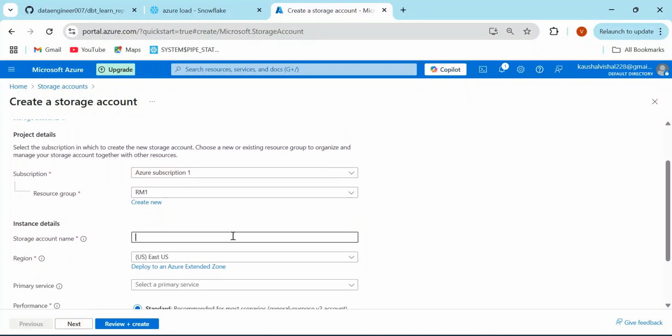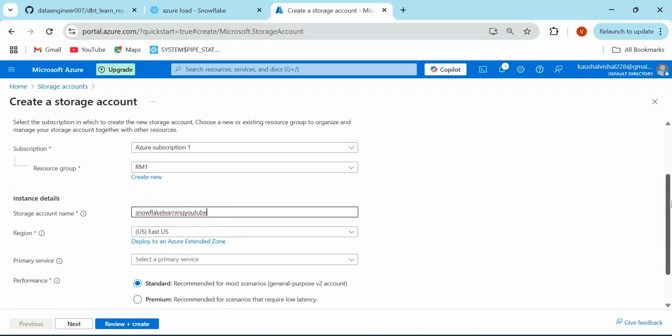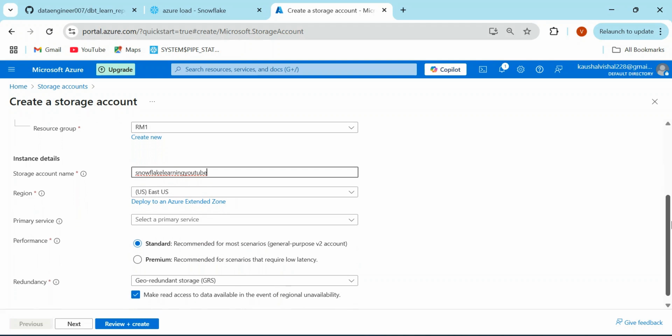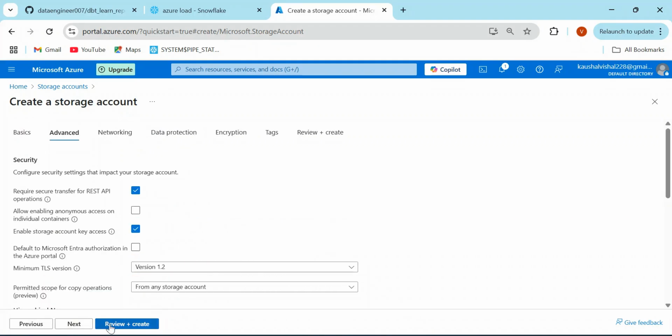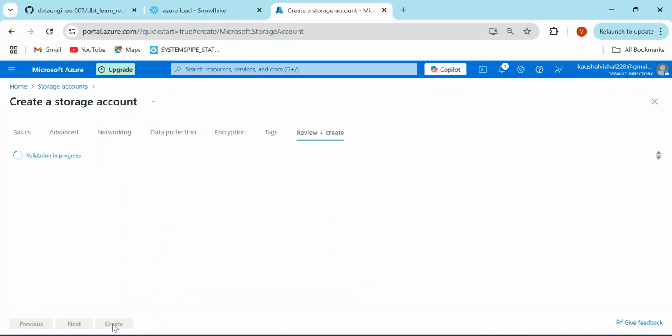For the account name, you can use Snowflake Learning YouTube, anything you like. Make sure it is unique, like an AWS S3 bucket. After that, you can simply click next. There is no need to choose other different regions, so you can just go for next and then review and create. I had already created this Snowflake YouTube, so I'm going to use that. Once it is done,